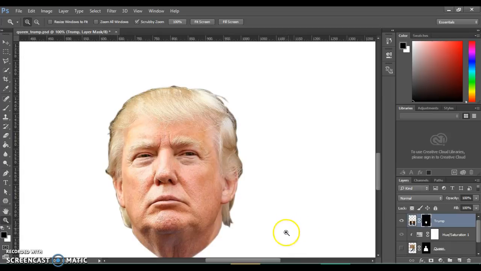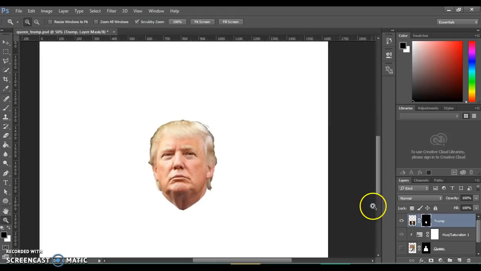Cool. Now I told you this was going to look funny. We can deal with this in a minute. We can deal with the funny looking edges to this hair in a minute. But first, I'm going to turn my queen back on,